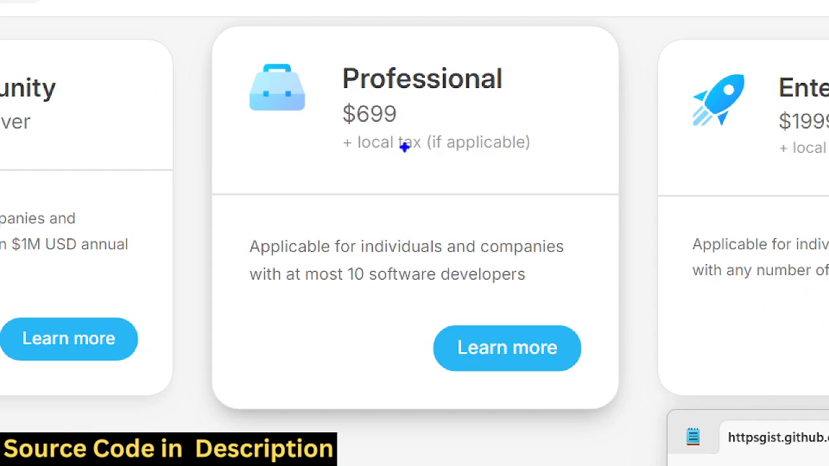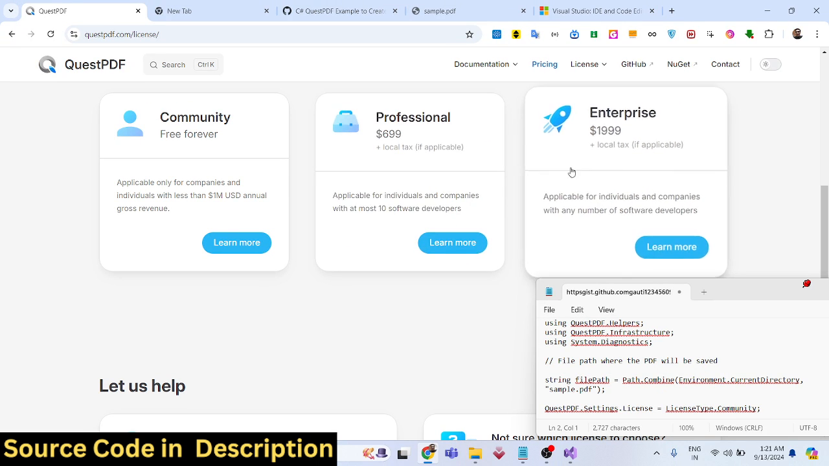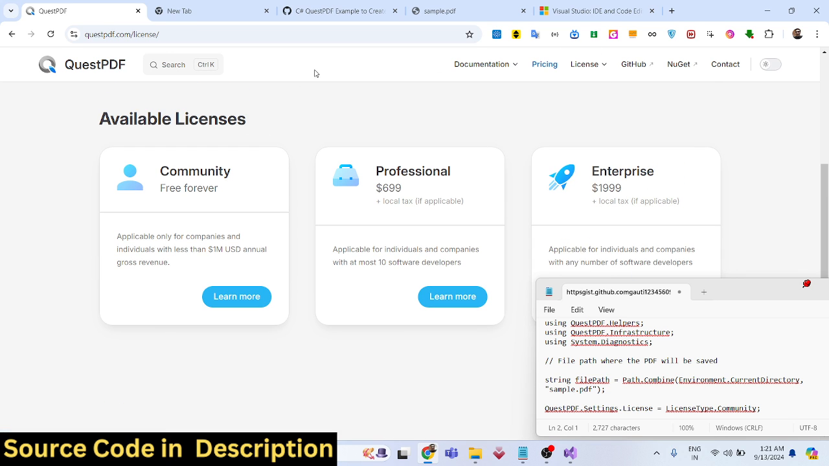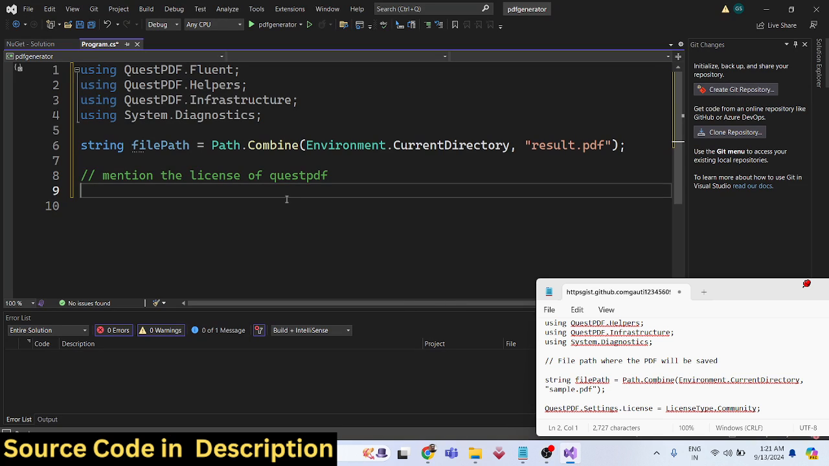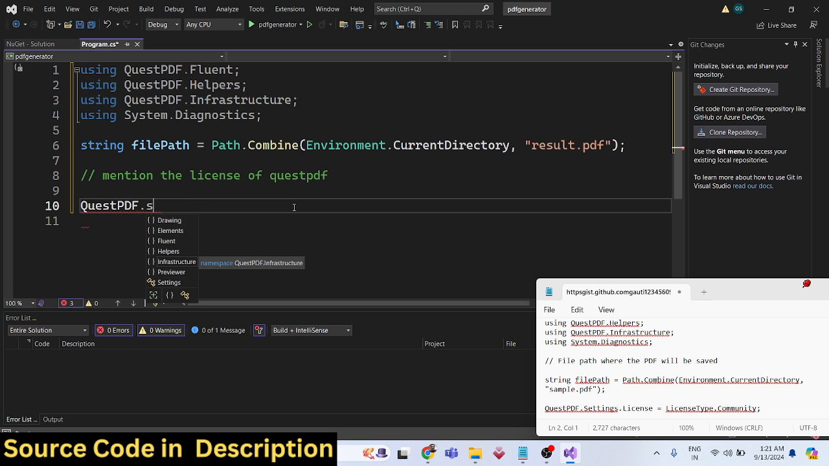But if you are running a company, if you are making a profit above 1 million, and also if you have 10 software developers, in that case you need to pay 699 for a professional license. And it also has an enterprise license if you have multiple companies. For most of the developers, we will be using the community license. That's why inside our code we need to mention a line which specifically tells that we are actually using the community license. So just write